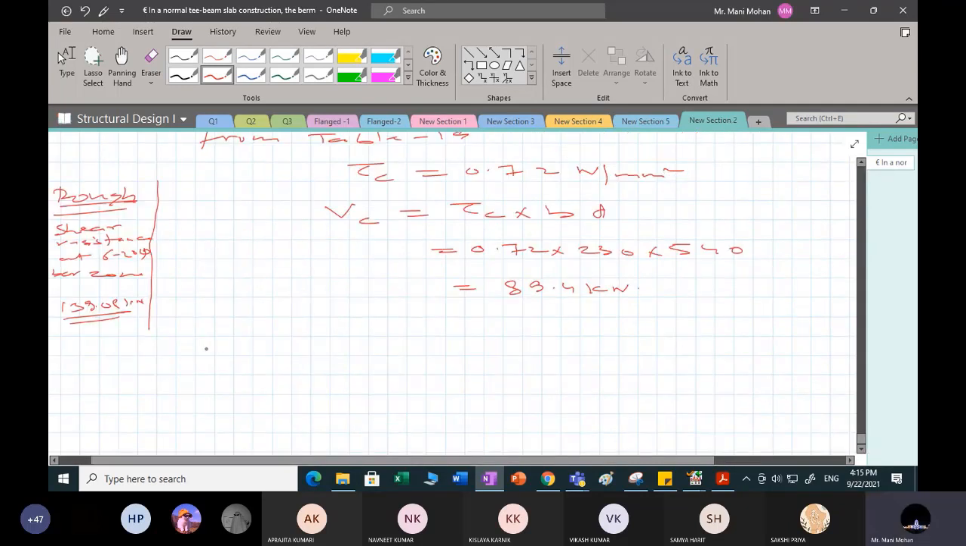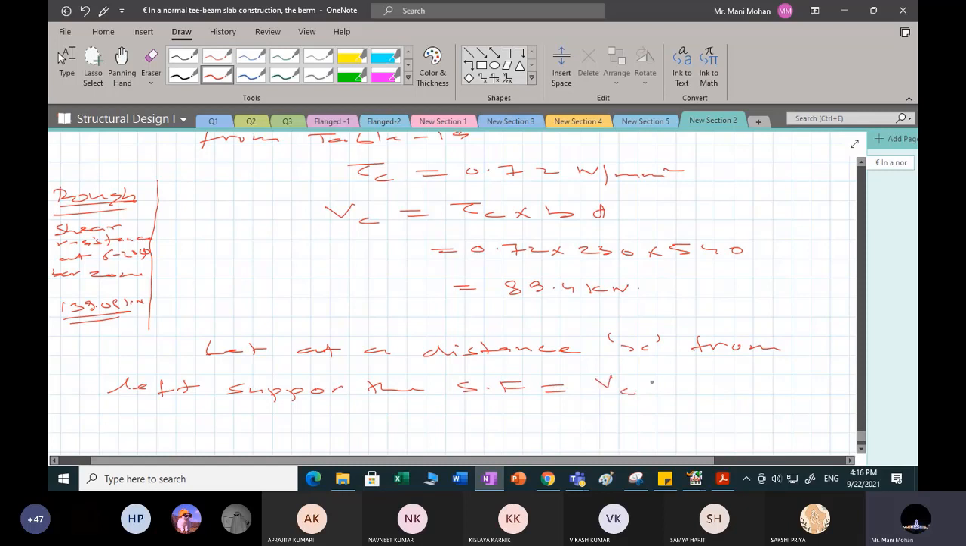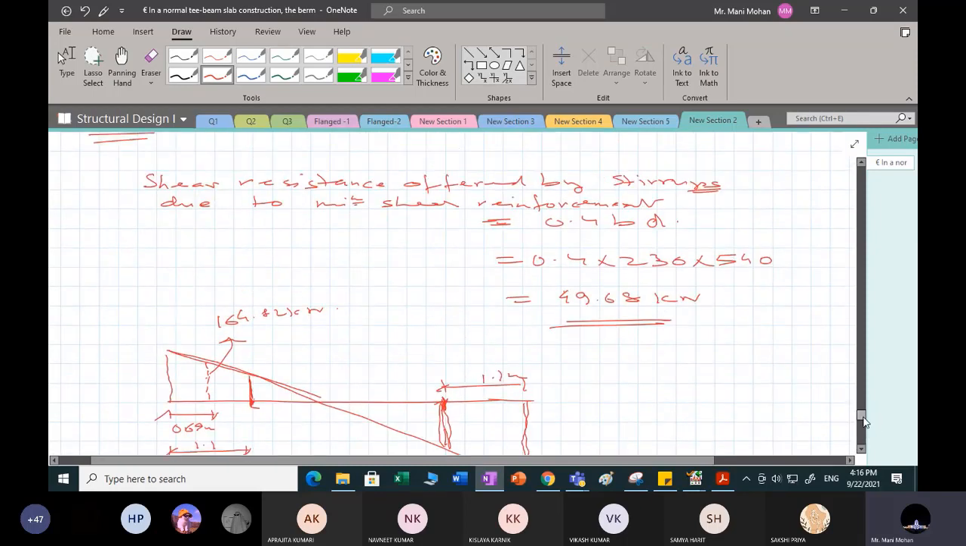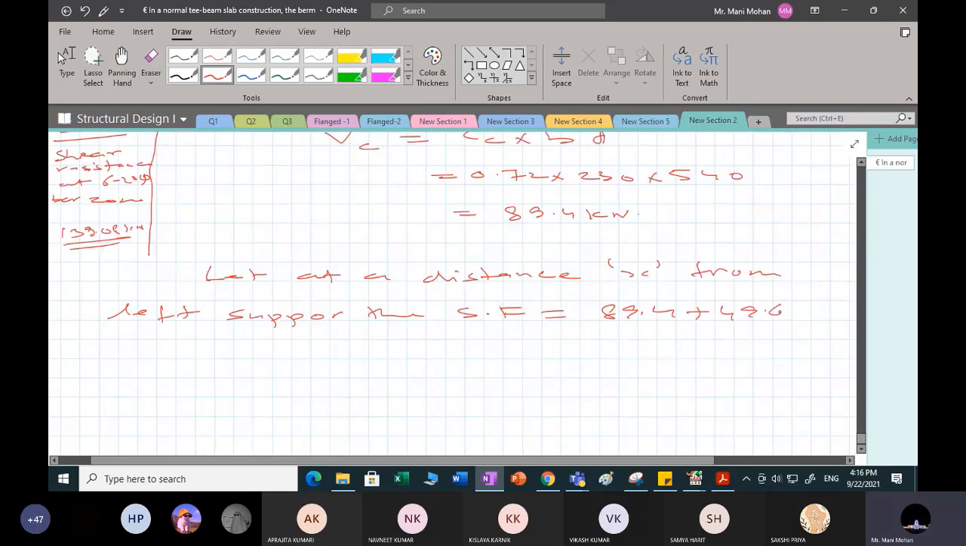So I'll write here, let at a distance x from left support, the shear force equal to VC. Rather than writing this one, I'll write here 89.4 plus this one, nominal shear reinforcement 49.68. This is 139.08. So since I'm telling it is lying at a distance x,